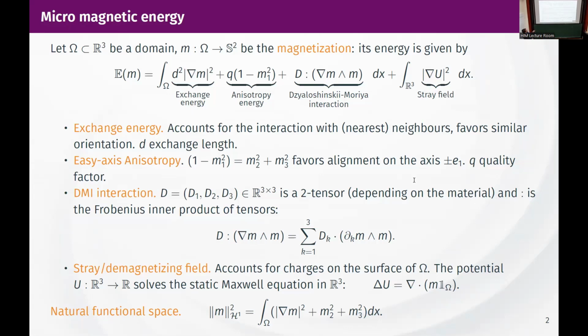And also, for our analysis, we will deal with the DMI, the Dzyaloshinskii-Moriya interaction, which accounts for an anisotropic exchange energy. I have some parameters: d for the exchange length, Q for the quality factor, and